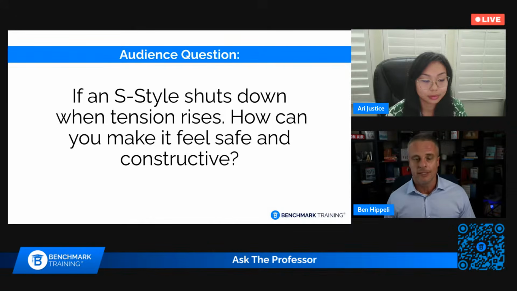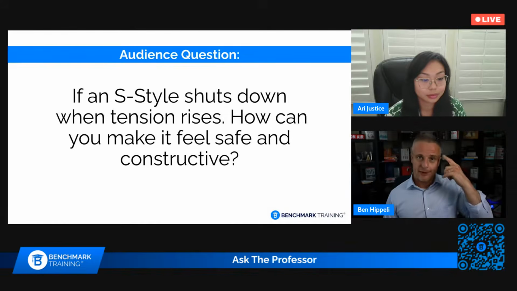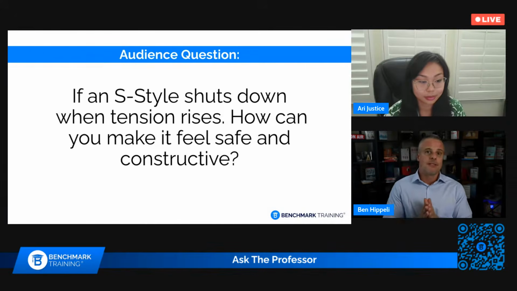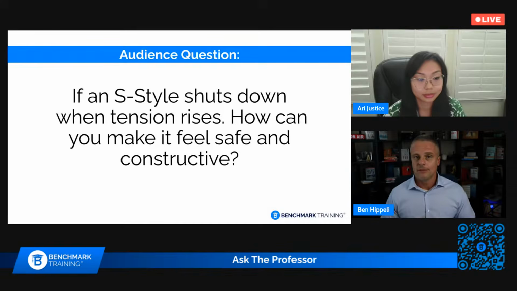The number one thing we can do is label the situation. There's so much research that shows that just by verbally labeling what's happening right now is the best way to get our prefrontal cortex to engage in the situation, right? So instead of our amygdala causing us to freeze if we're S styles and we just shut down, by labeling